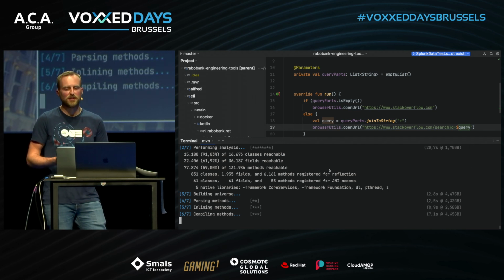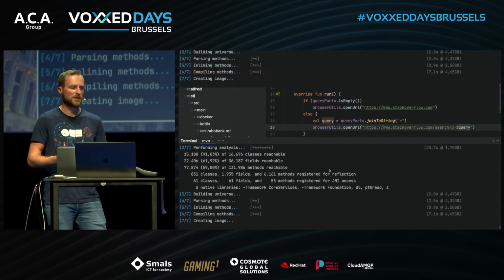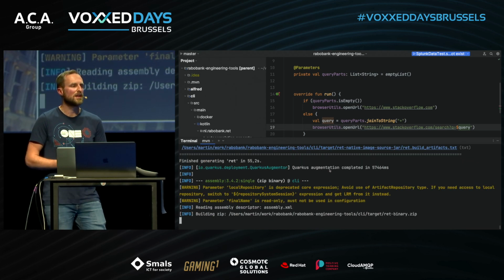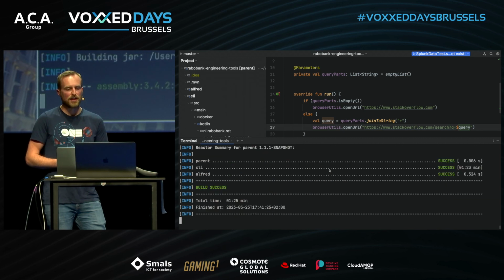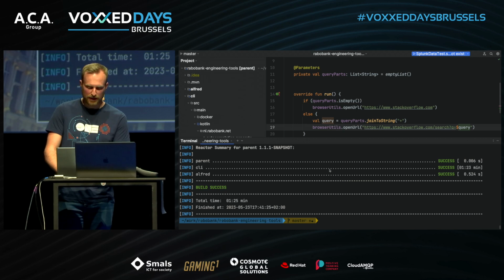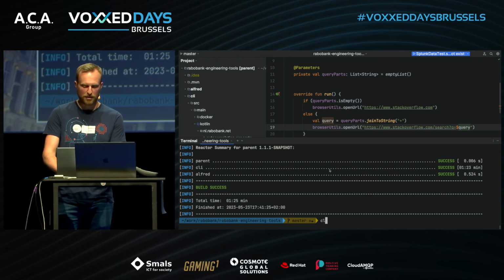So just to make sure, this native profile was really added by Quarkus already when we generated the project, and we mentioned, hey, we would like to have GraalVM interaction. So that's really cool. So now it's done, and we can actually invoke the new